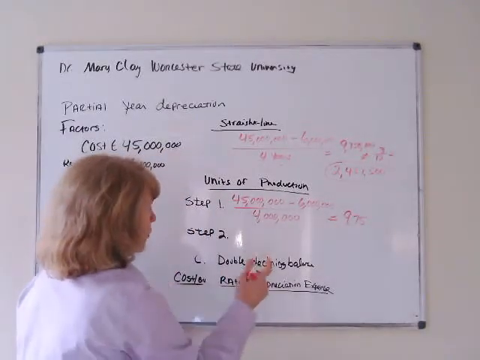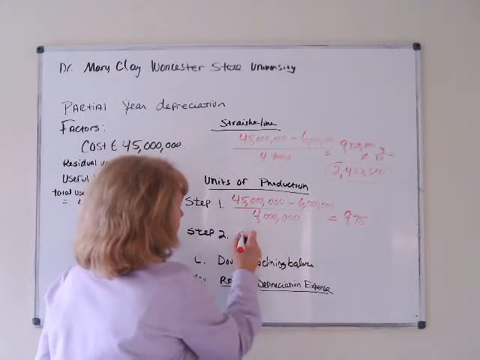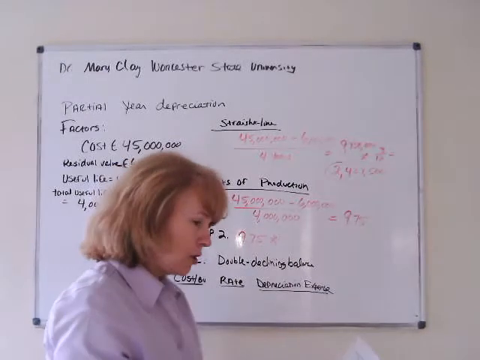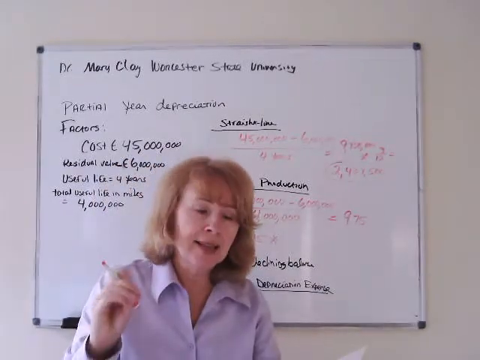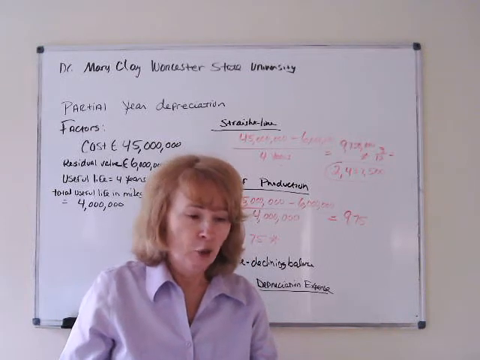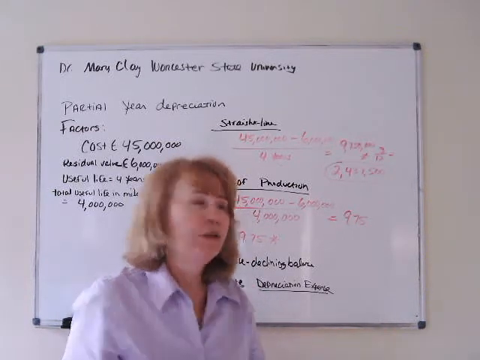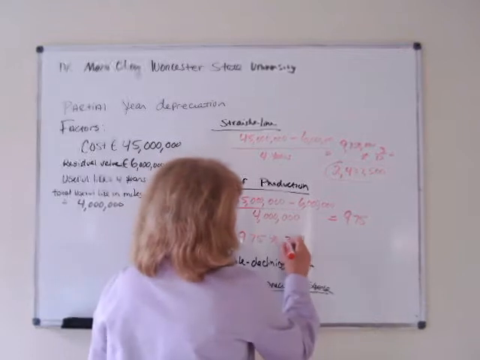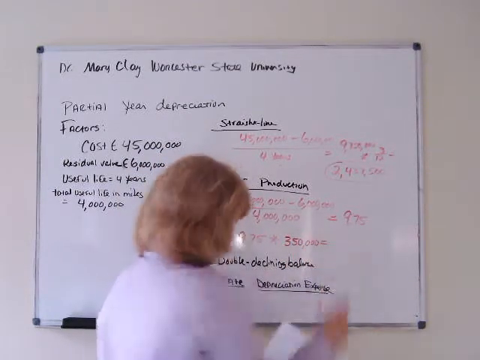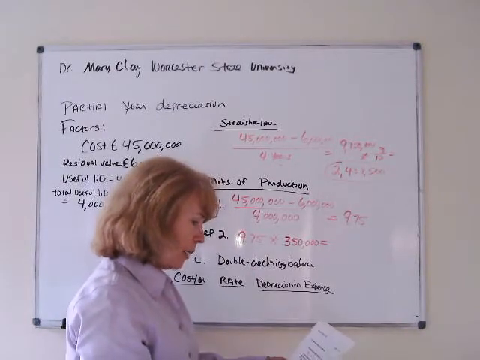You got to take that rate, you bring it right down here, 9.75. Then I look back into the problem. How many miles did they say they're going to fly this plane for the year? 350,000. So now I take the 350, I multiply it out, and I come up with